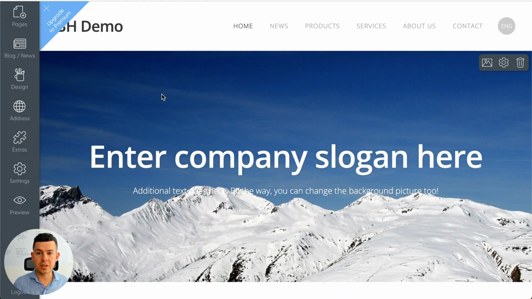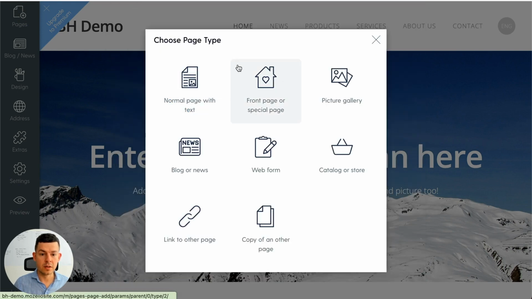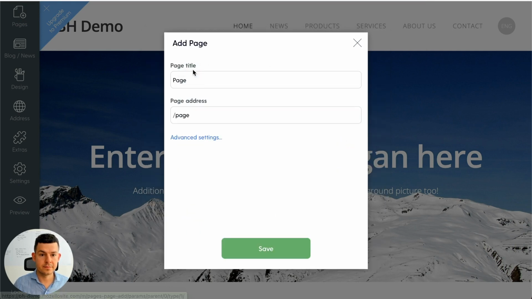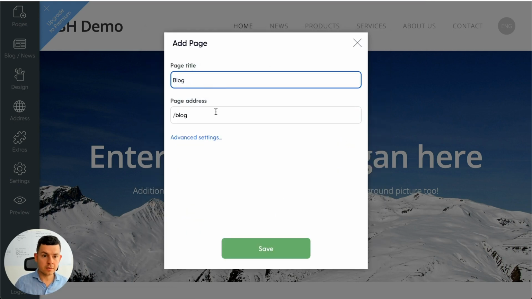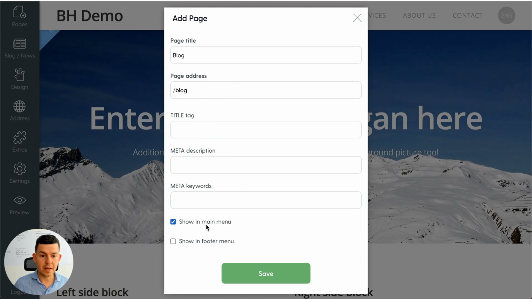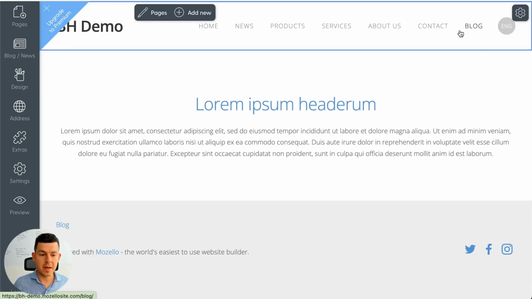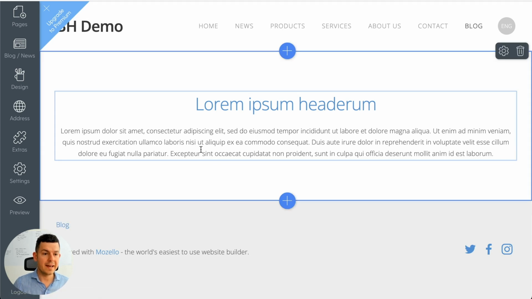Alright, so I'm in my demo account and let me now create a new page for our blog. So I click on Pages, Add New, and I will create a normal page with text. I call that page Blog. The page URL is blog, and you can fill out this information, show in main menu, show in footer menu, and save. Great. So now our blog is showing up in the main menu, in the footer menu, and now